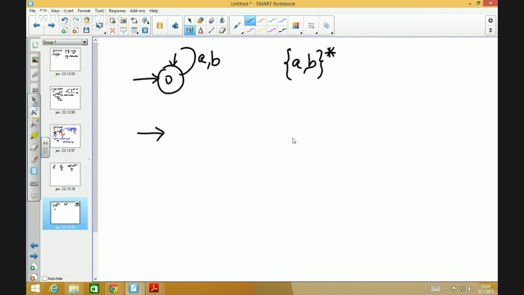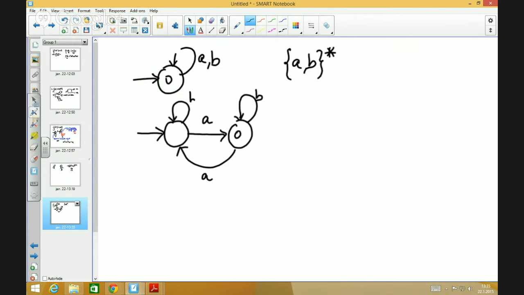Let me give you another, perhaps slightly more complicated example. What does this automaton accept? What strings will make this automaton happy? A and... Okay, your colleague, so